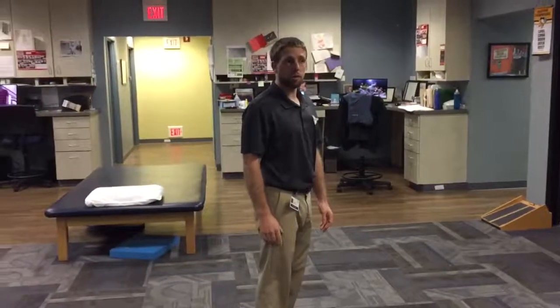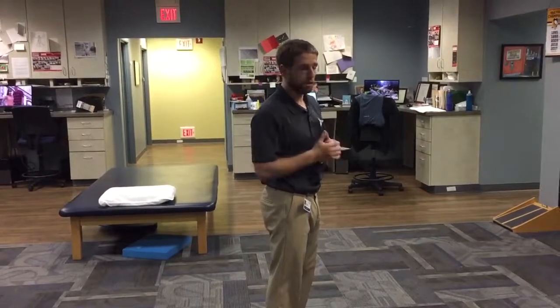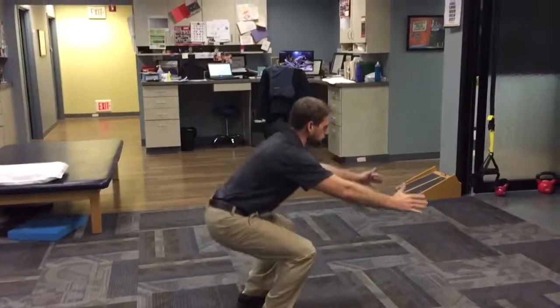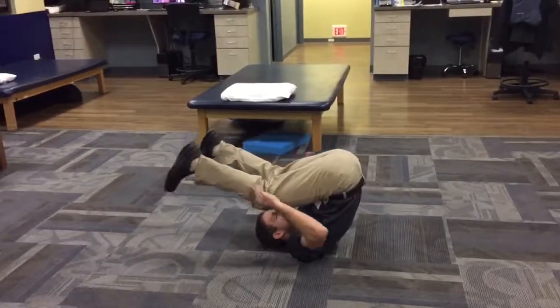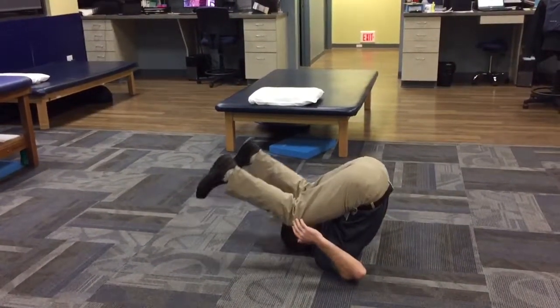There are 3 positions to go through to work on tolerance for extension. This is for a gymnast in particular. So the first thing I'm going to do is come down into a squat as deep as I can, and then I'm just going to let myself roll back. I'm going to let my feet go as far back overhead as I can, and then I'm going to use some momentum to kick up